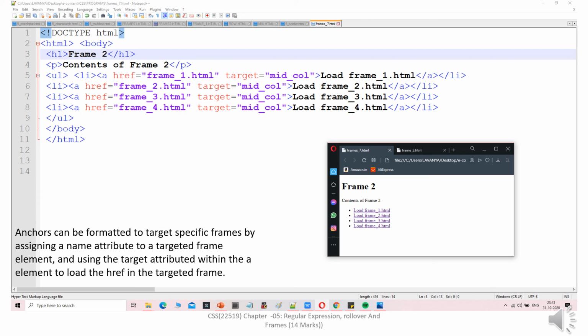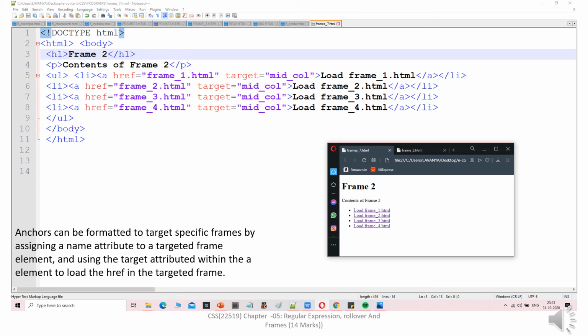In the second, href equal to frame2.html, target equal to mid column, load frame2.html. This will print as it is: load frame 2, load frame 3, load frame 4. Then href equal to frame3.html, target is mid column, href equal to frame4.html, target is mid column. This will load frame 4.